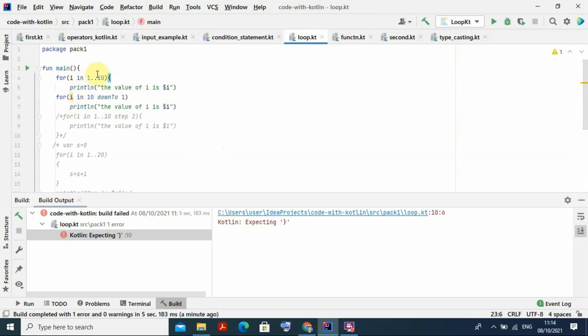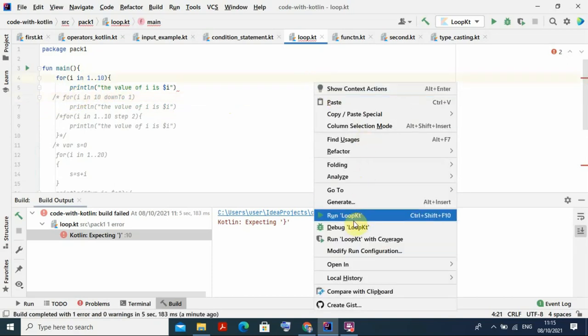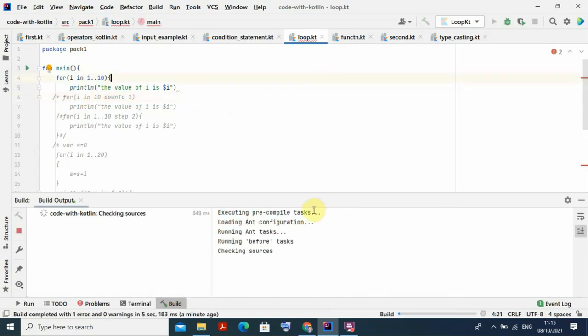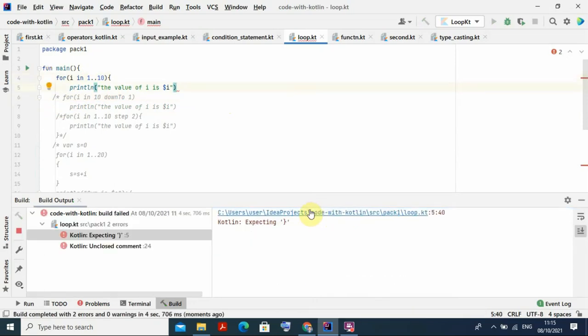That is what I am doing, only I am going to print up to this, and I think this one also you can close. Okay, so this one okay. So now if you do all the things, then I am going only to run this one for I in 1 to 10. Okay, all the things. Okay, now right click, then run look it, then what is the output? Okay, still it is showing some error. Where is the error?